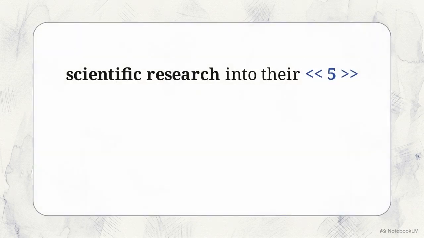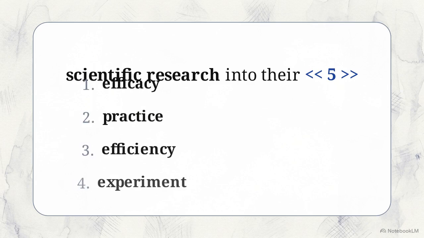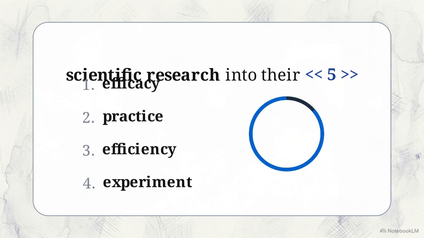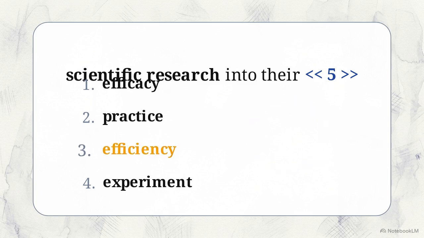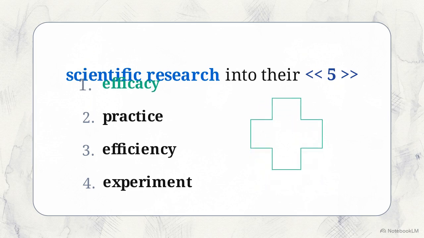Let's test your active recall. Pause the video here, evaluate the context of the final sentence, and attempt to select the correct answer for blank 5 on your own. If you picked efficiency, you fell for a classic distractor. Efficiency refers to speed or cost saving, how fast or cheap a process is. The text is discussing scientific research into therapies. Researchers do not primarily test if a therapy is cheap, they test if it actually works. Efficacy is the precise medical term for whether a treatment produces the desired therapeutic result.